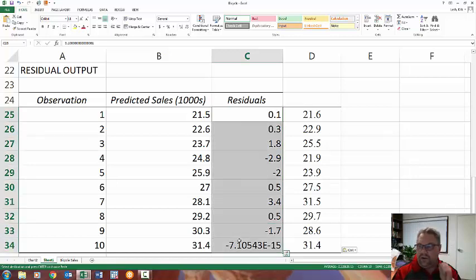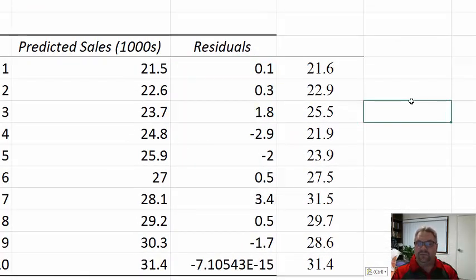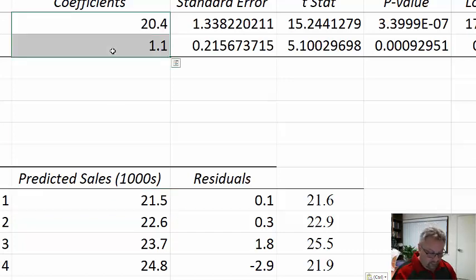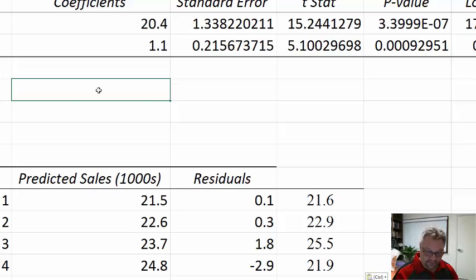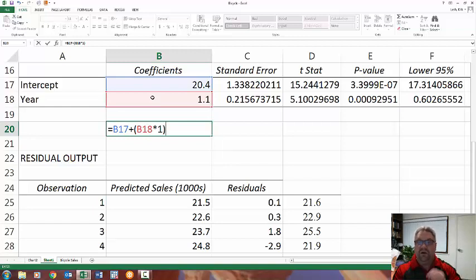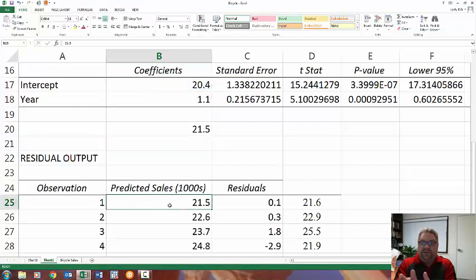Okay, so just real quick, so that we're clear, how did Excel get these predicted sales? Well, it used the equation of that line. So for example, in time period 1, we're going to have the intercept plus the slope times time period 1. Hit enter. There is your 21.5. Your book talks about how to do that. I'm just simply pointing out that why do it by hand when Excel will do it for you, okay? So that's how Excel calculated all of these predicted sales,